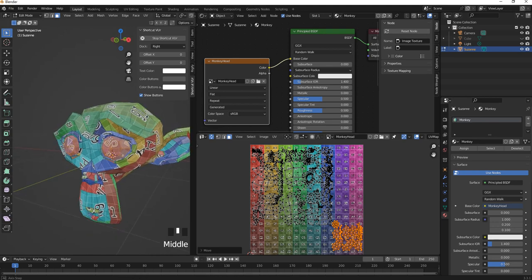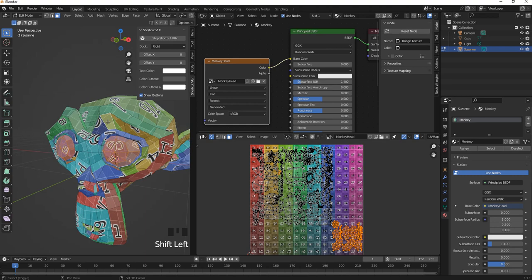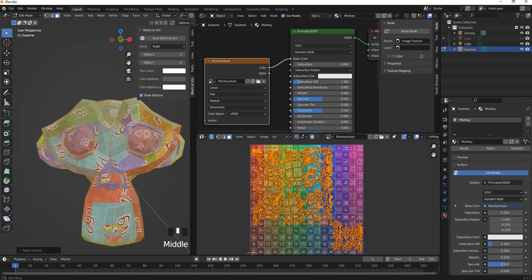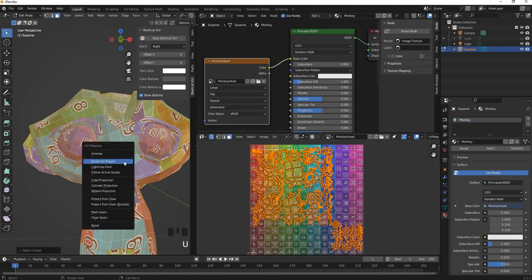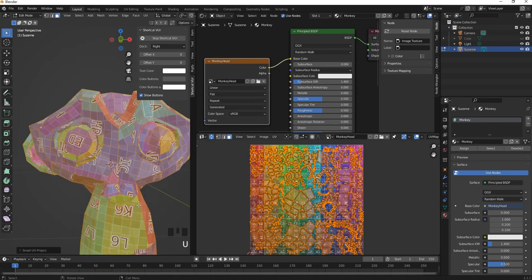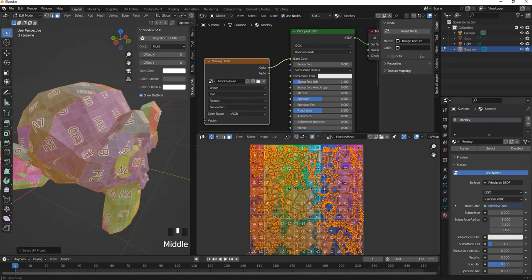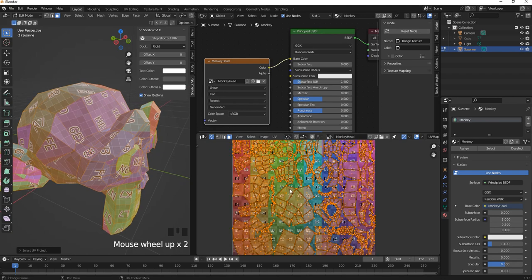So actually we can do that again. We can select everything, press L for select all, and press U, Smart UV Map, and press OK. So for now everything looks fine because it automatically unwraps everything. So that's the first way to